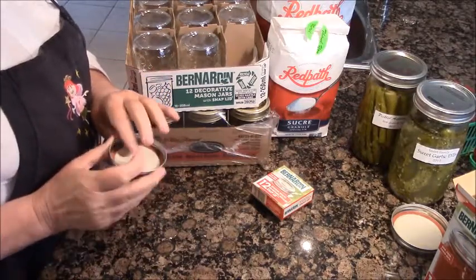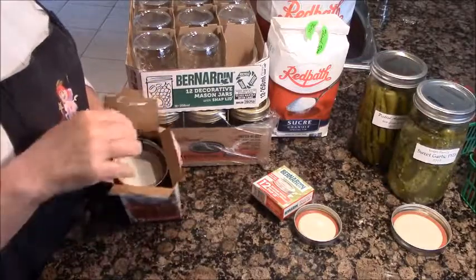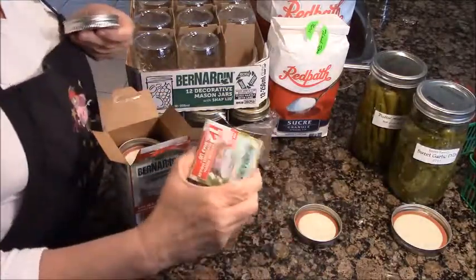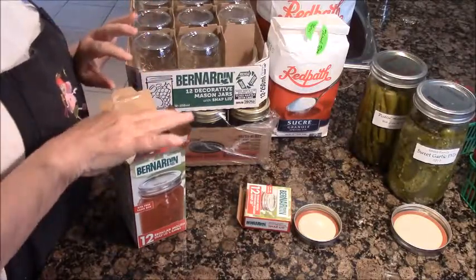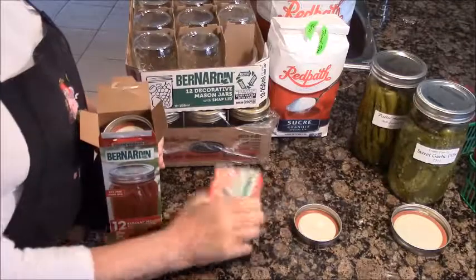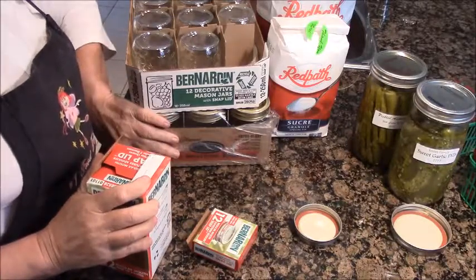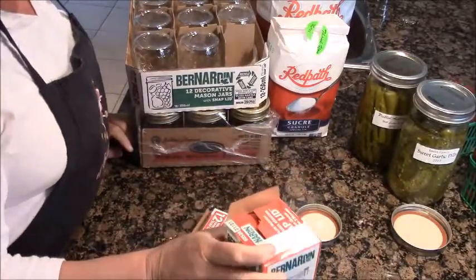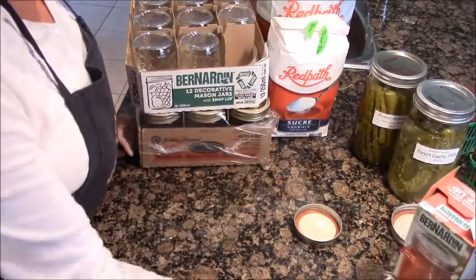for your processed food. Now, should you over time need to pitch the rings because they got dented or rusted or whatever, or they just traveled with the jars, you can buy a box of just lids and rings. You can also buy a box of just lids. You can buy the case that comes, the jars that come with the lids and the rings. But as you roll along and you start to collect up jars, you're just going to need to replace the lids and rings, okay? So these are about $4, and I think these are about $2. And a case of jars should run around $8 or $9 for the little ones, okay? So there you go. Lids and rings, new lids every single time you process. New rings when the old ones get beat up and no longer able to protect the seal on the jar,